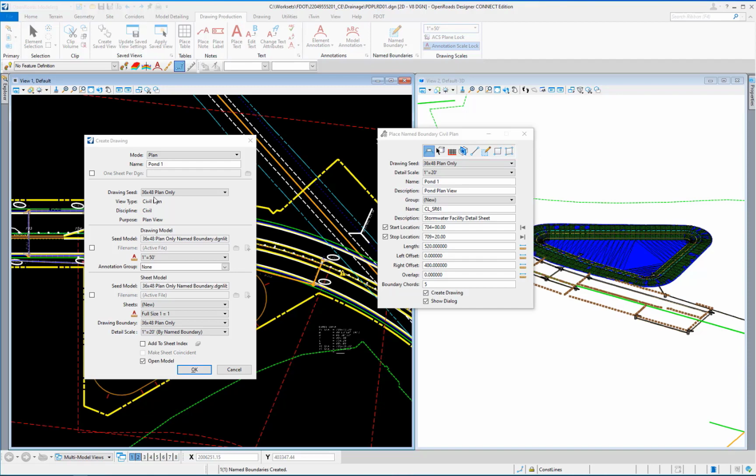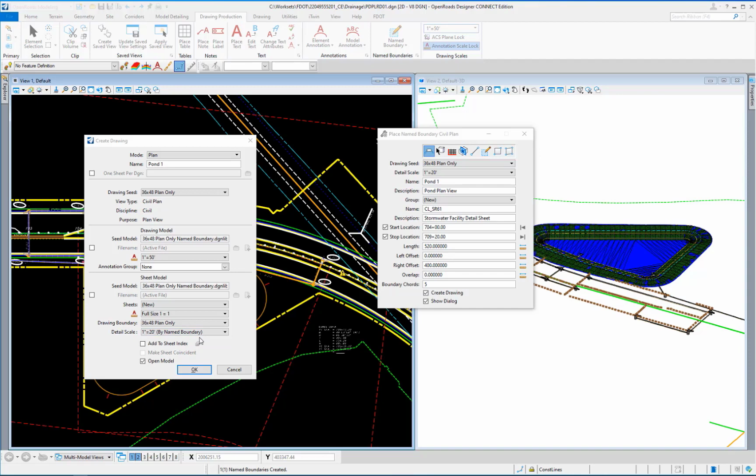Verify the Drawing Seed drop-down and the Drawing Boundary drop-down both say 36 by 48 Plan Only. Finally, the Detail Scale drop-down should read 1 inch equals 20 feet by named boundary.